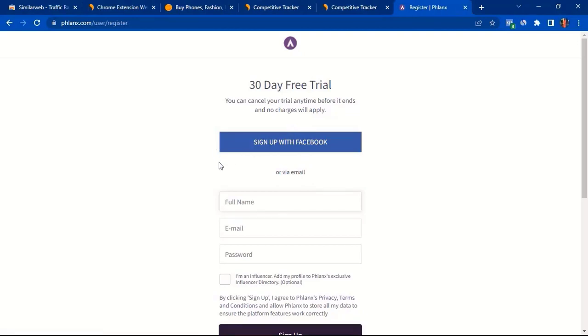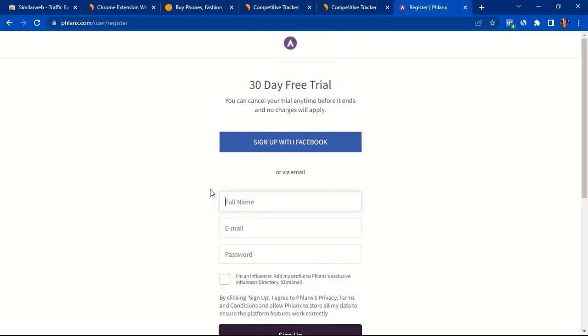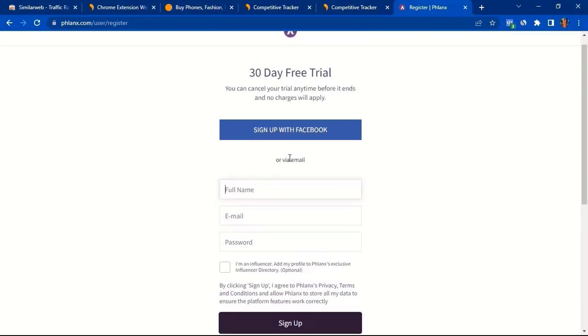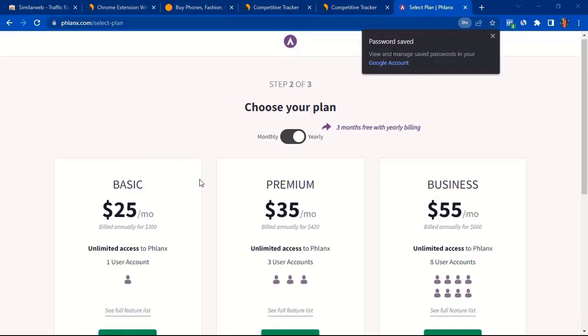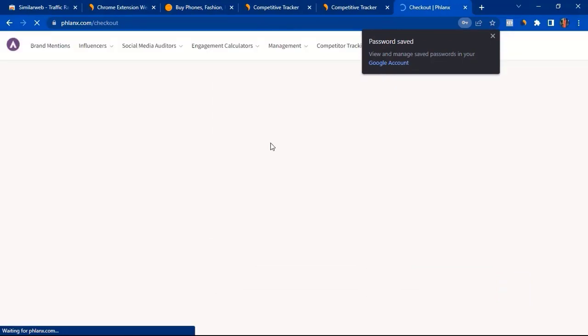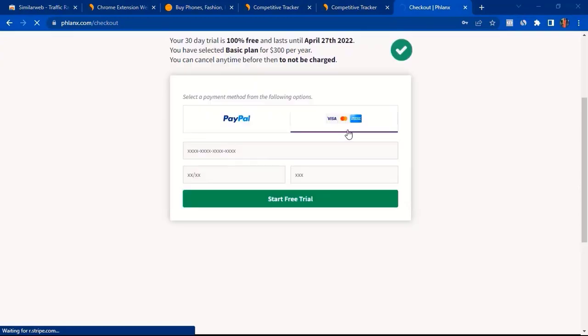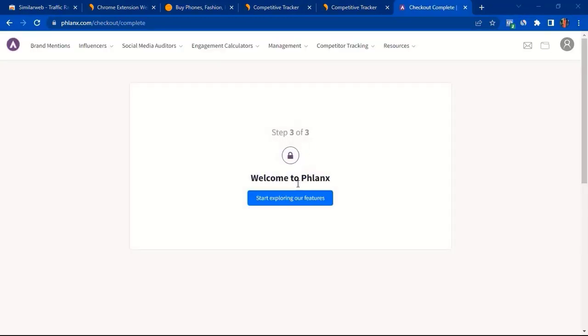So, 30-day free trial. Wonderful. I'm going to go on ahead and sign up. I prefer using my email, so I'm going to log in. I'm going to complete the entire process and we're going to come back. Once we've done that, we get to the second step, which asks us to start a free trial. I'm going to do that, no problem whatsoever. It's a 30-day free trial. I can cancel beforehand. Once I'm done filling in my details, I'm going to click on continue.